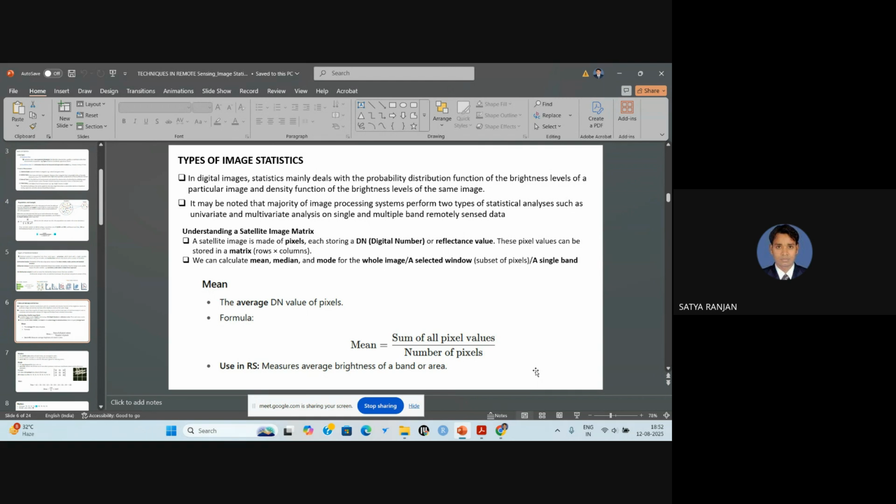So types of image statistics. Generally in remote sensing, the probability distribution function or density function of the brightness level of a particular image can be calculated, because we have only information about the brightness level and